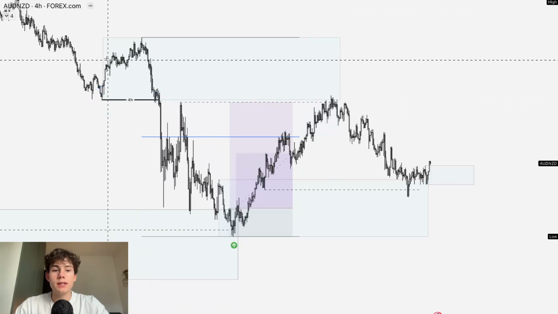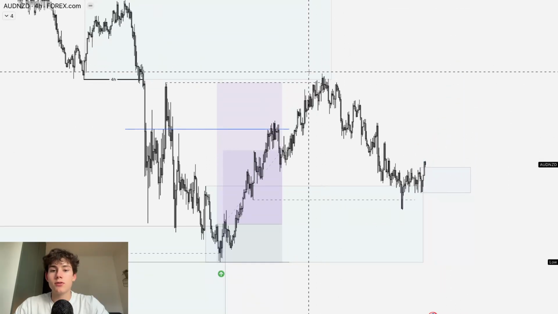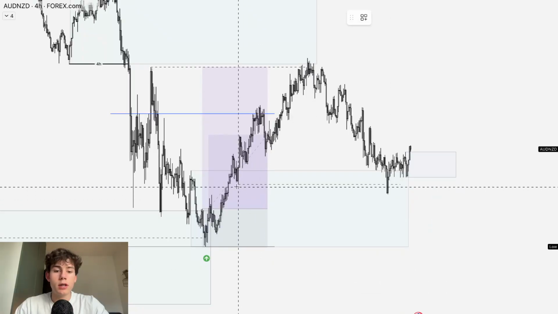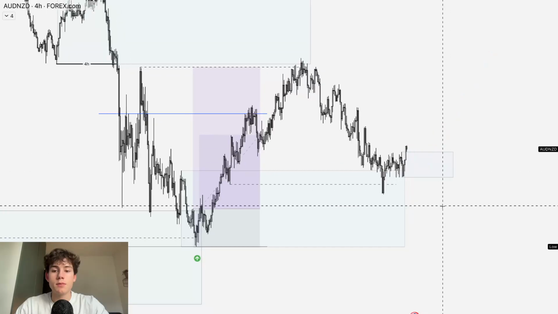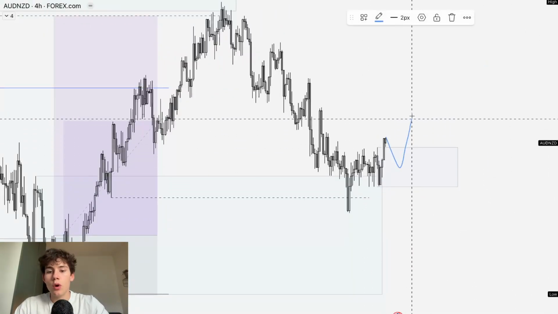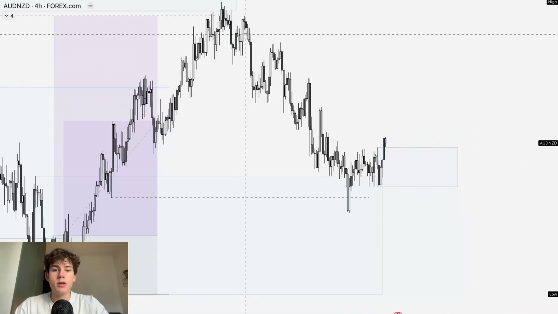But as you can see, this is very far away, and I could still see price trade up higher to take that liquidity above the highs. We perfectly took liquidity under the lows. So I'm definitely looking for some possible long setups. What would I be waiting for? Enough confirmation, one more demand to be created, and then I will look for those long setups